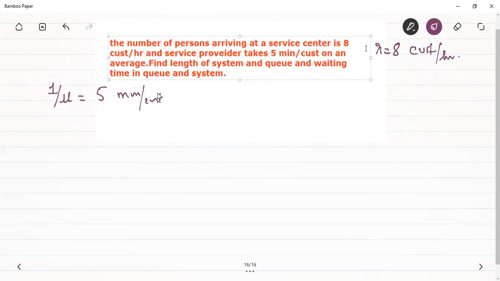Okay, therefore it is not the service rate, it is the inter-service time, that is 5 minutes per customer. Therefore it will be equal to 1/5, if we talk about what? The service rate. 1/mu is 5, so mu will be 1/5 and its unit will be customer per minute. What is given here? Minutes per customer, so its reciprocal, that is the service rate, will be 1/5 customer per minute. But since we have to find out rho, rho is what? Ratio of lambda by mu.